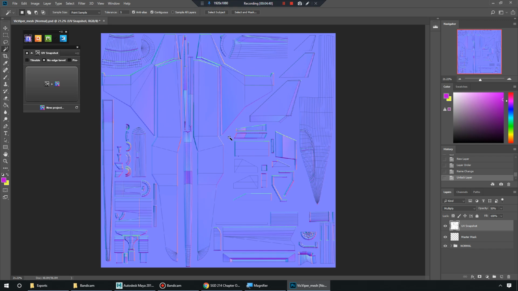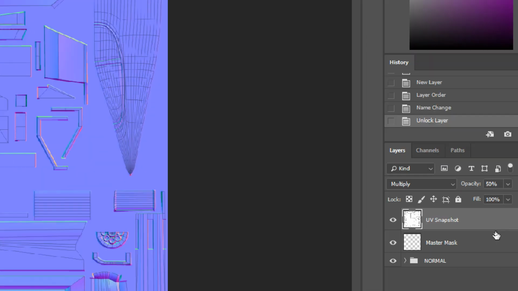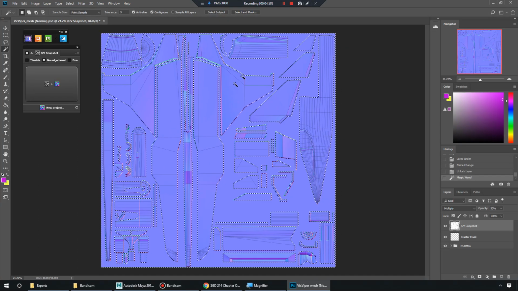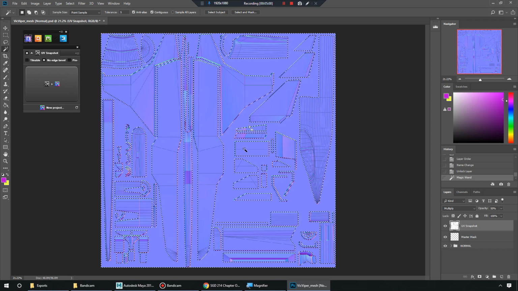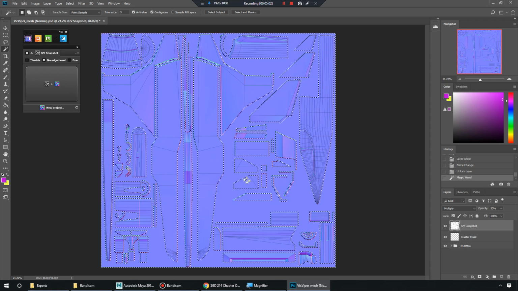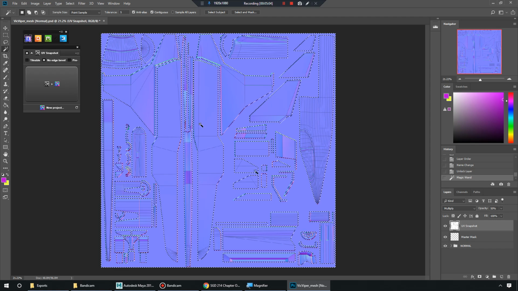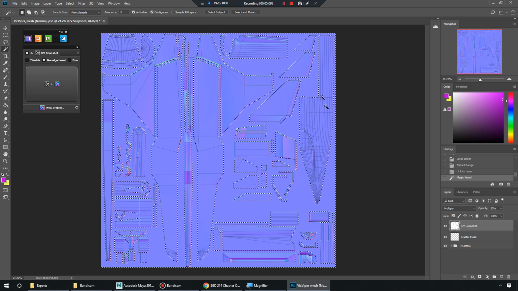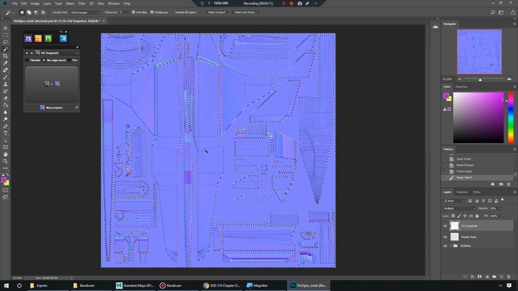So the beauty about this is if we are on our UV layer, see how I have my UV snapshot layer selected, and we just click in some empty space, see how we got this empty space, no islands really, then our selection selects all the islands basically, or all the negative space in our UV map right here, okay? So this is brilliant because you can already see it's kind of selected all my UV islands in my UV